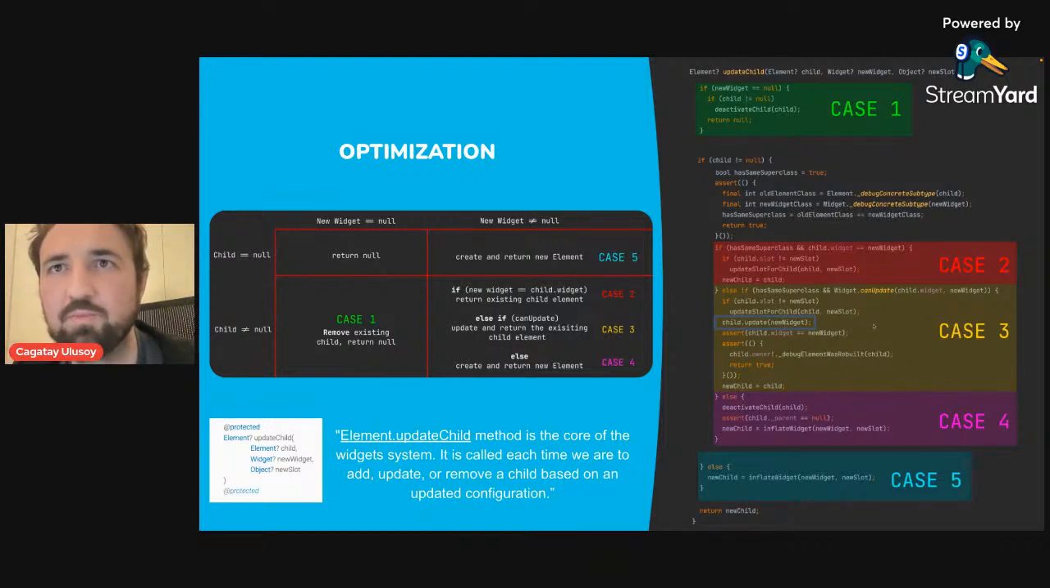Let's continue. In case 4, we check that it cannot update because either the key is different, or the runtime type, we have a different widget in the next frame. Then what we are doing is similar to case 1. We are deactivating the child and then inflate the new widget, which creates a new element, which is this new